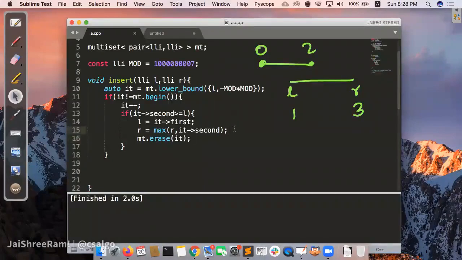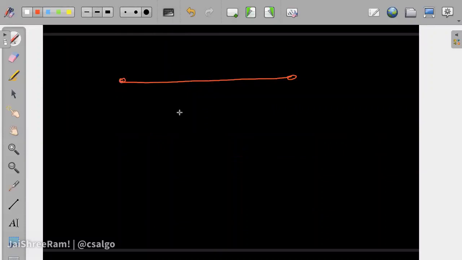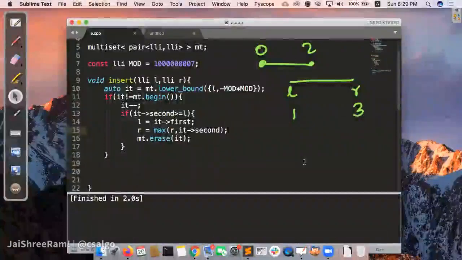Is it clear now? Why? Because in case this is the case, there was this segment, and then you were trying to insert this. So what you do is you extend the insertion's one from this to this, and then you delete the previous one, and then you insert this one. But that doesn't take a lot of cost, right? We are trying to write one code that works for all cases. That's what we are trying to do.